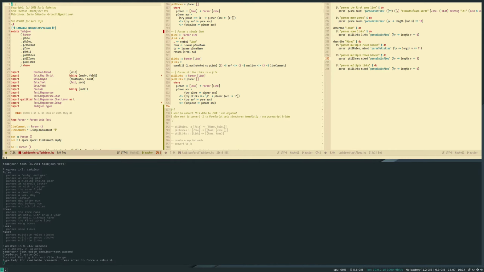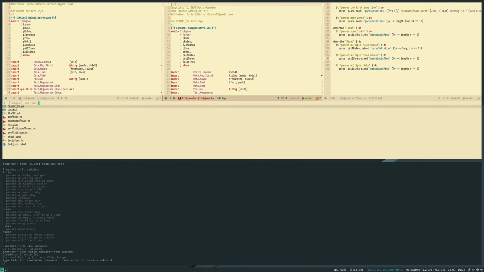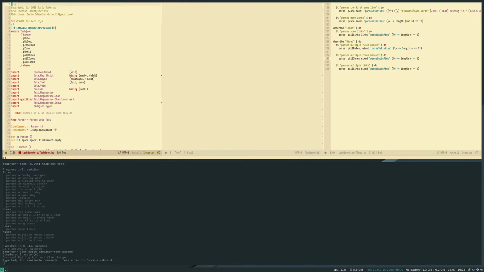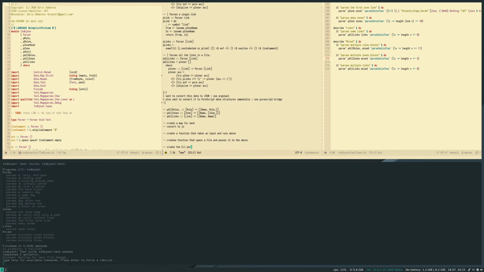So I feel like we could move all this parser stuff in its own file. Makes more sense. So let's do this.